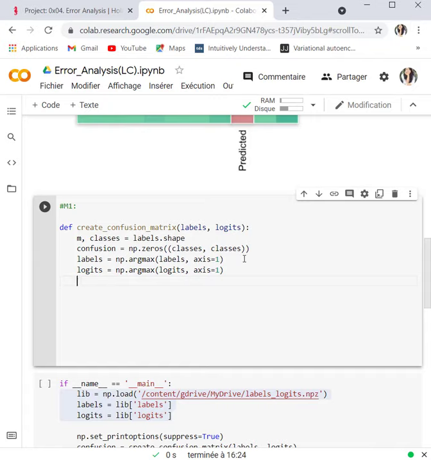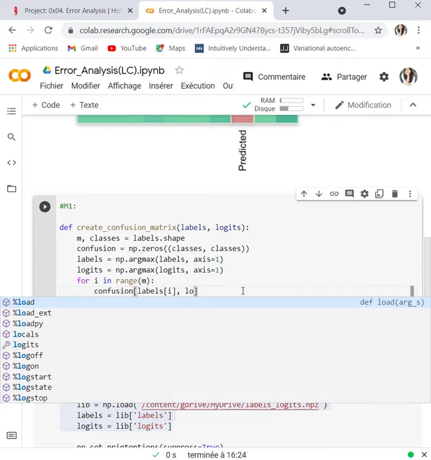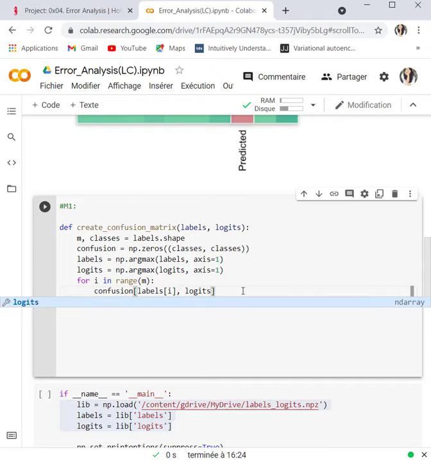Okay, so now after having these vectors, I'm going to loop over the data points, and then I'm going to modify the positions in my matrix, in which I have labels of i for the row, and logits of i for the column. I'm going to add +1 to it.